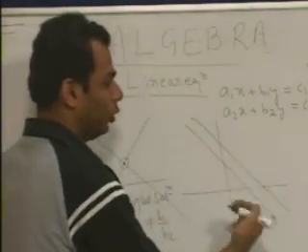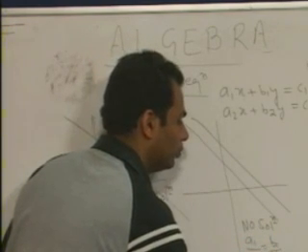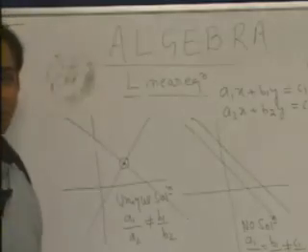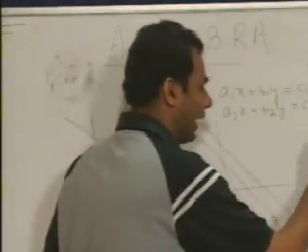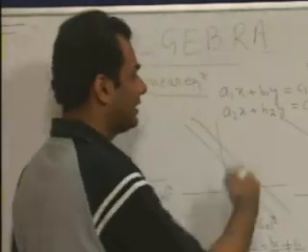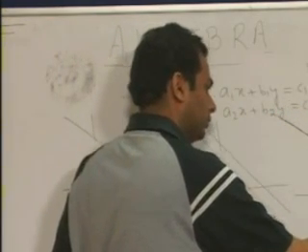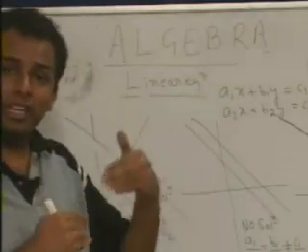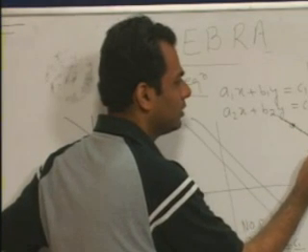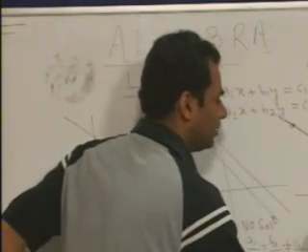And the condition for no solution is A1 by A2 is equal to B1 by B2 is not equal to C1 by C2. And the third possibility is when you are drawing two lines, that this is my first line, okay, and the second line is also superimposed on this line. So when both the lines coincide with each other, you get infinite points which are common to both the lines. So this is the graph when there are infinite solutions.